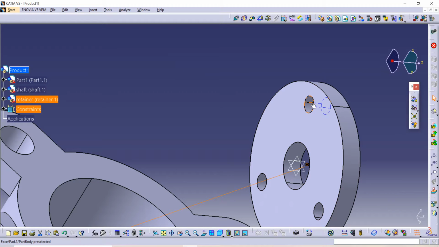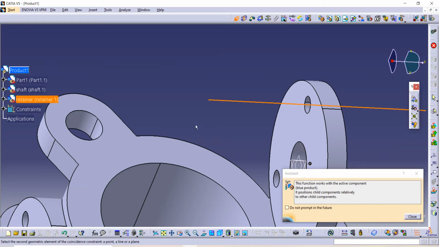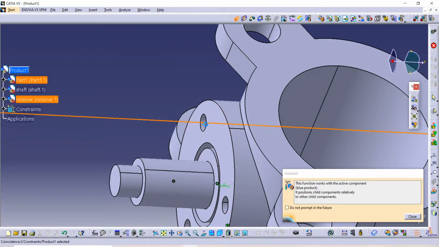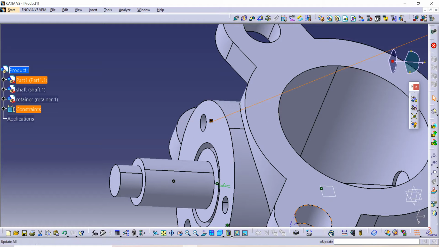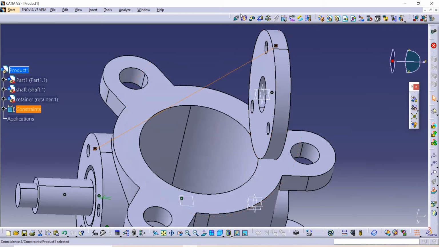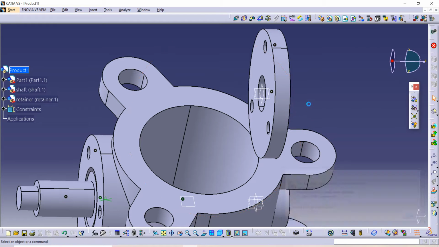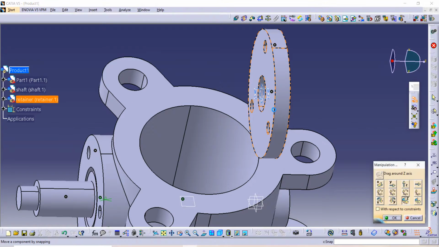Again use this coincide constraint, select axis of this with axis of this, and after that we have to give offset command. Wait a second, first use this manipulation command to move this plate to this side.